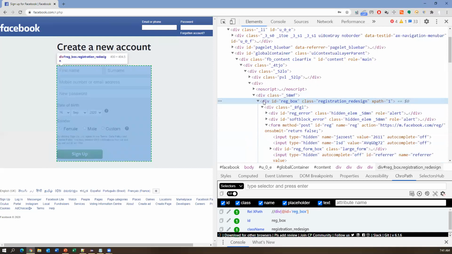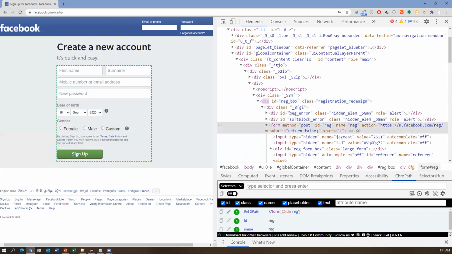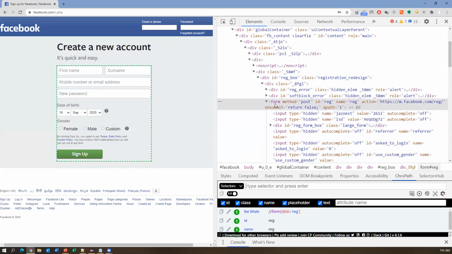And inside this div, there is one more form, guys. So here you can see this is one more form. Inside the div tag, we can have one more form here. So we can consider this as a self node. So from this, we'll start. So for this node, this is the XPath. Observe this carefully. So this XPath is exactly pointing to the one matching element. So this is your form. So from there, I want to access the sign up button.